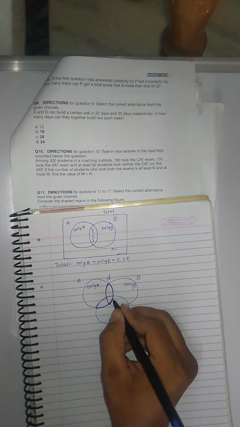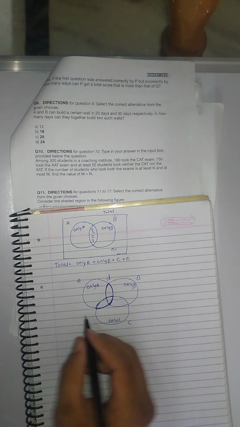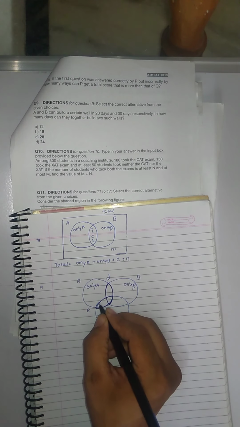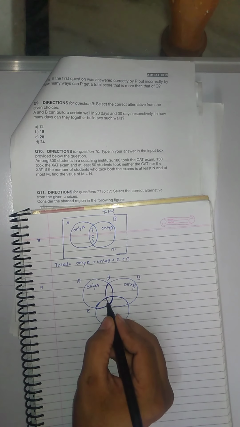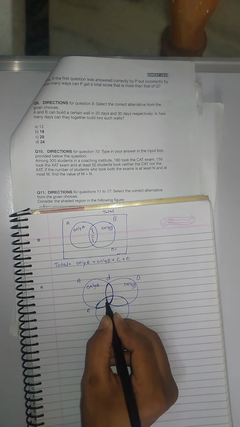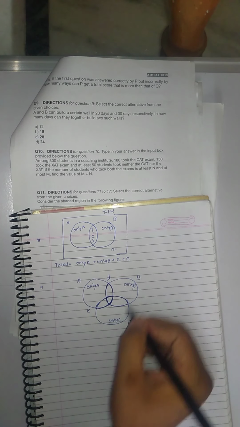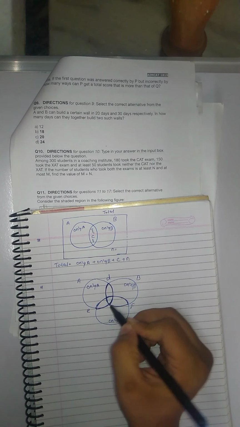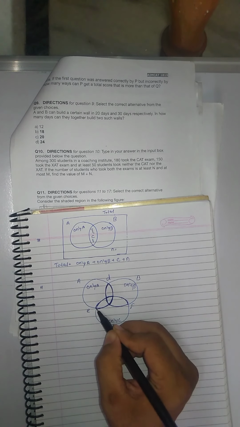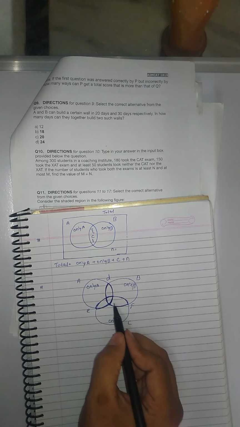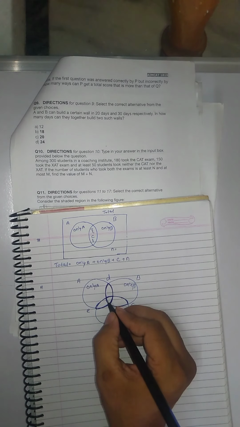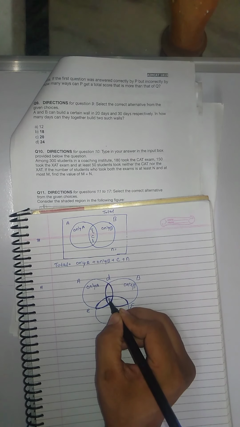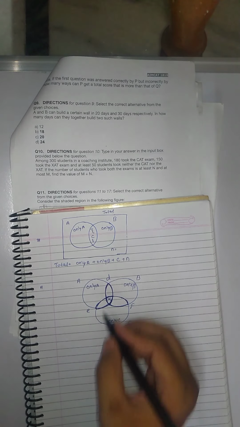I am highlighting this part. This is common with only A and C, we represent it with E. This highlighted part is common with B and C, so we call it F. So this is the only AB common part, this is AC, and this is BC, and this is the part common with A, B and C. We represent this common part of all three with X.